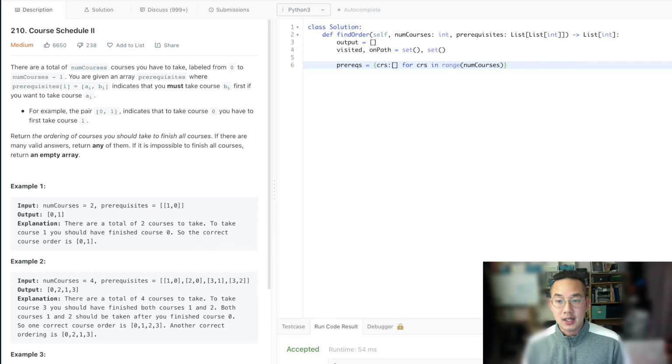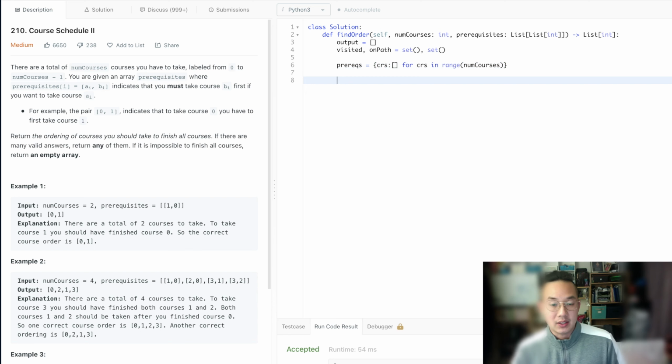If we somehow make it past the issue without getting into a cycle, then we made it through everything, and we're good to go. We can put it into our output. That means we've completed the course, and we can also put it in our visited, so that next time we visit the same course, it will be like, oh, we've taken this course already, and we can return true. So with that, let's put everything into our